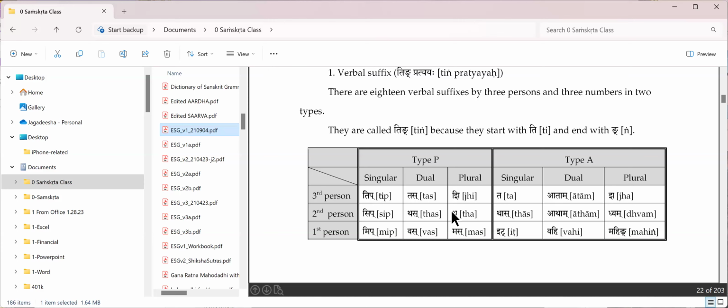Same way, we'll do some examples for the sup pratyayas also. Because there are 21 of them, 18 of them here, and if each of them takes 3 or 4 steps, including those 3 or 4 Panini Sutras, it will take a lot of time. But then we can give at least the third person singular, plural, then you get the feel. So that we will do when we come to the verbs and nouns. Now here, my idea is just to say tiṅantam, how it gets the name tiṅantam.